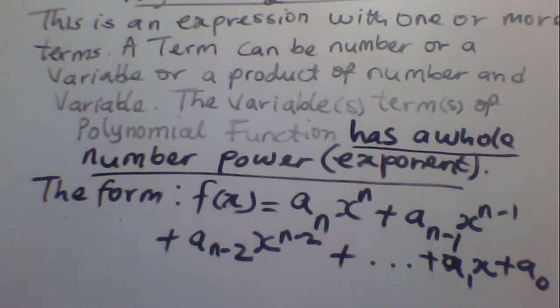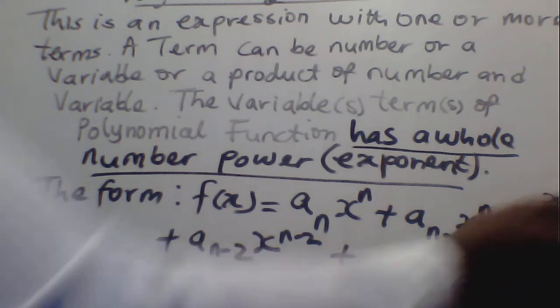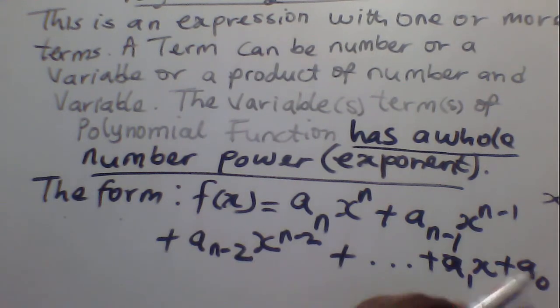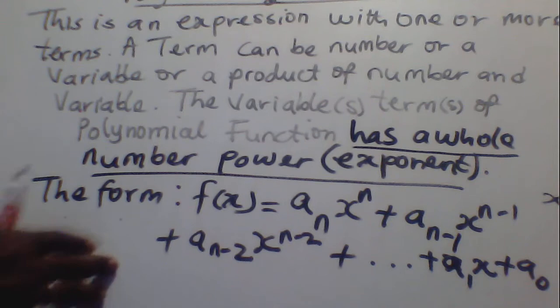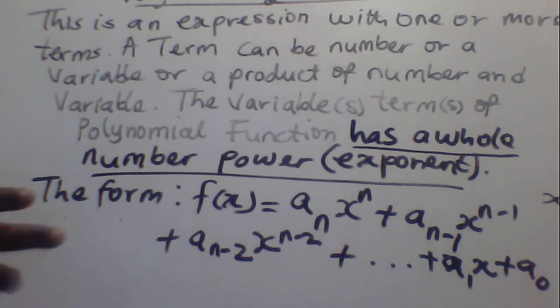So every polynomial function is defined in a standard form as a_n x^n plus a_{n-1} x^{n-1} plus a_{n-2} x^{n-2}. This is telling you that the coefficients a and the powers of x are decreasing until we get to a point where x raised to power 0 is 1. So 1 times a constant is equal to the constant. In this form, we can say that the function is a polynomial function.